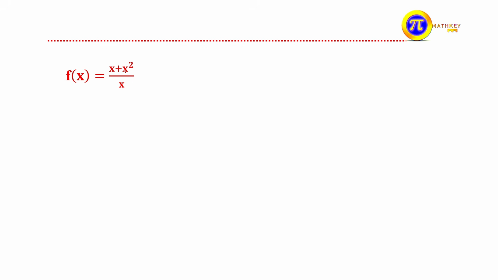It says that f of x is equal to x plus x squared over x. From this we restrict the domain: the domain of f is all real numbers except the zeros of the denominator, that is 0 ይሆናል, except 0. And since the degree of the numerator is greater than the degree of the denominator ስለሆነ we have this is oblique asymptote ነው የምንለው, oblique asymptote